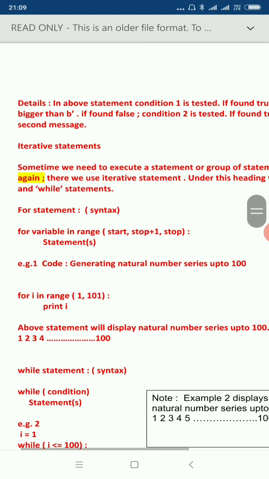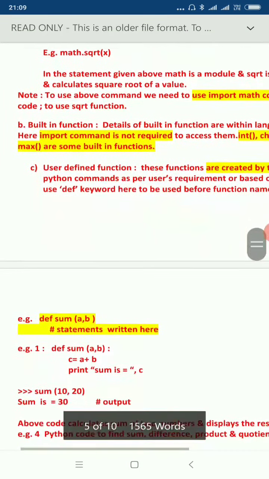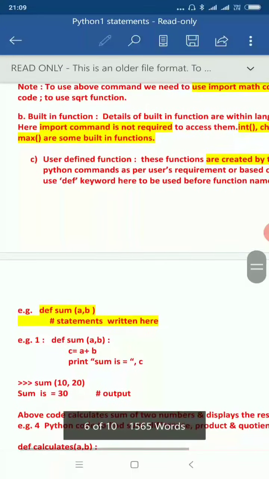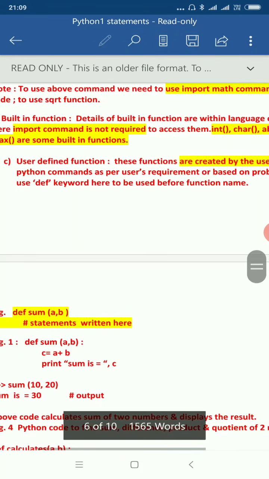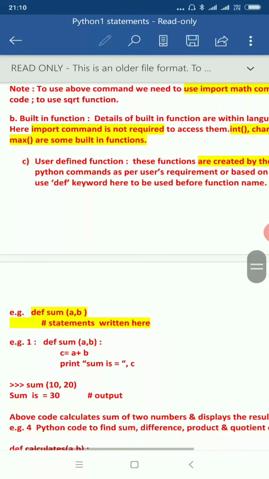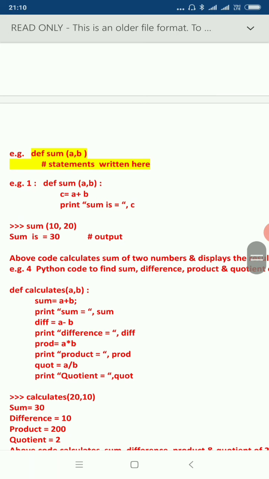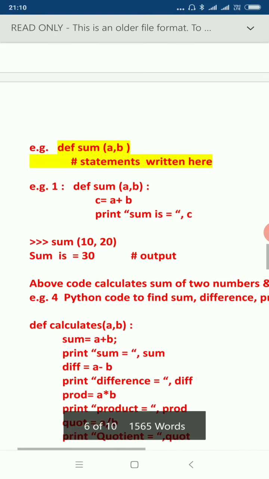Next is user-defined function. User-defined functions are those which are actually declared by the user and used as per the user's requirement. As you can see in the example, they start with the keyword def followed by any function name, and a and b are the arguments or the variables which are